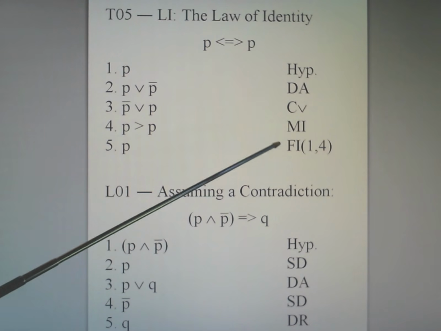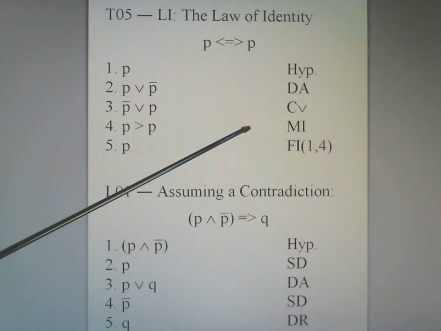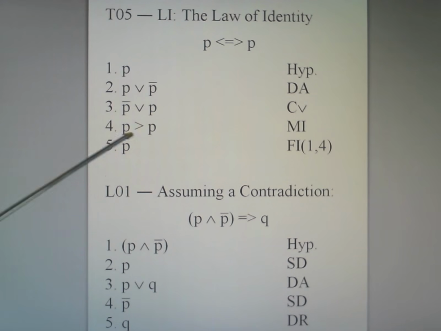The definition of material implication says that what we mean by material implication in logic is the same thing we mean by not-P or Q. In other words, not-P or Q in logic is logically equivalent to P implies Q. And so I can replace this line with this line by the rule of material implication. Combining then line 4, which is an implication, with line 1, which is the assertion of the truth of the antecedent of the implication. In other words, P implies Q and P is true.